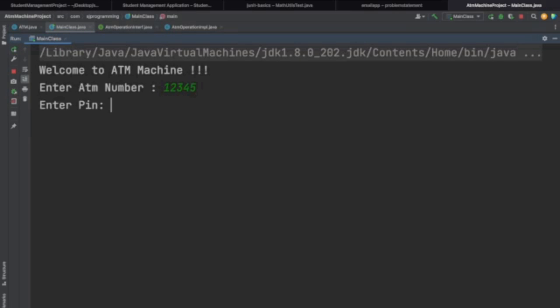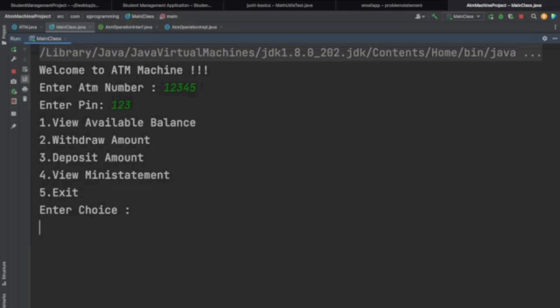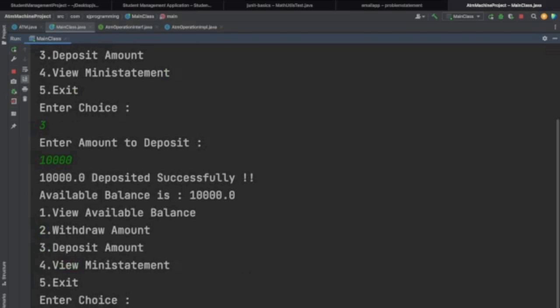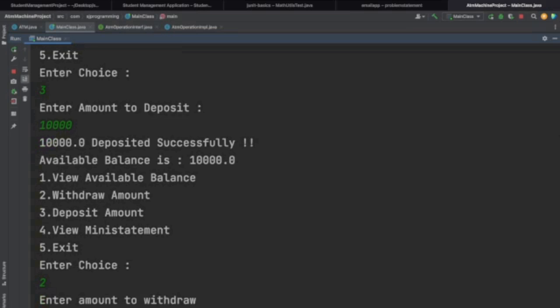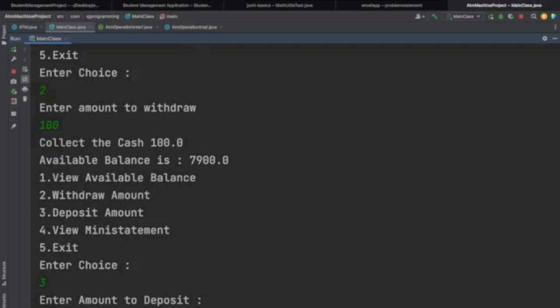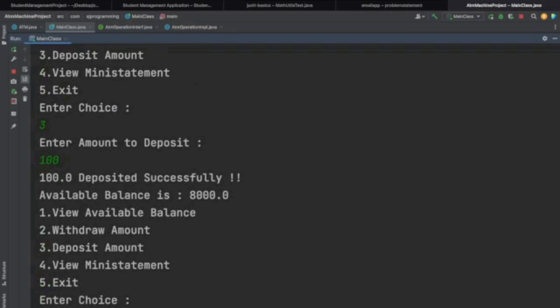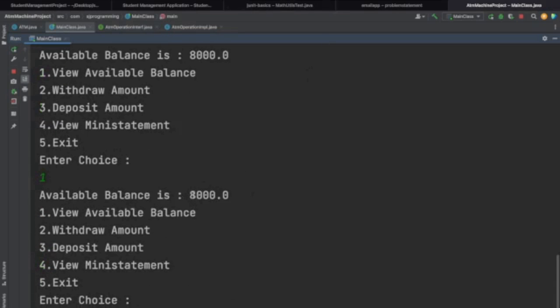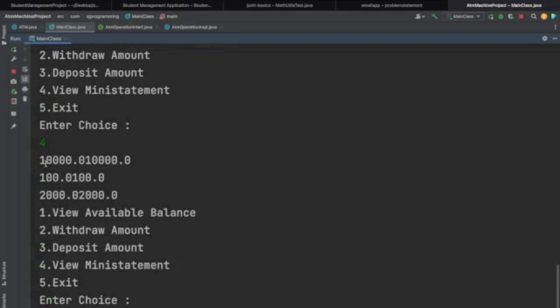So 12345, and 123 is the pin. Now let's deposit some amount. I want to deposit 10,000. Now I want to withdraw 2,000. Again I want to withdraw 100. Okay, let's deposit some amount. Let's deposit 100. Okay, and now view the balance. Okay, 8,000 is the balance. And now if we want to view the mini statement, see here, enter 4, and we are able to see all the